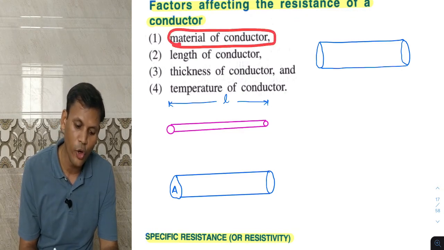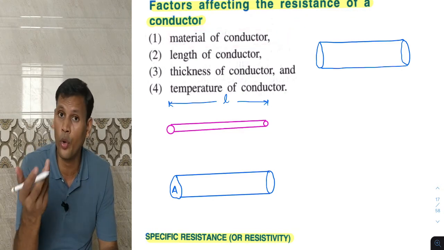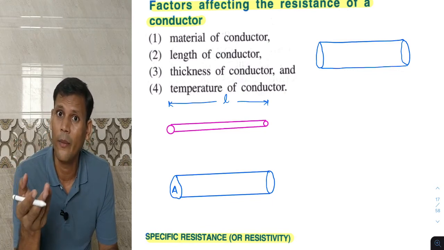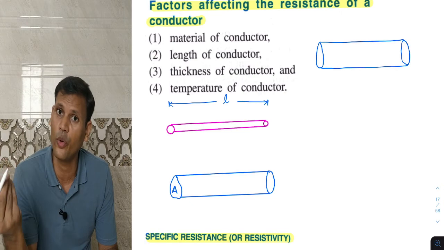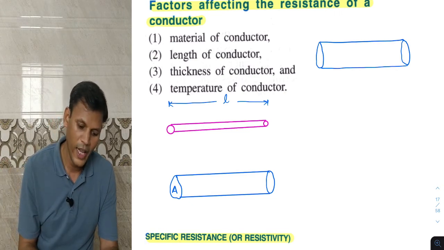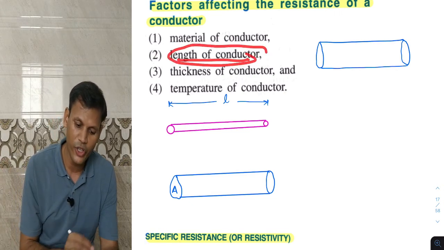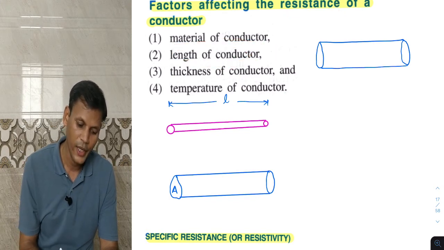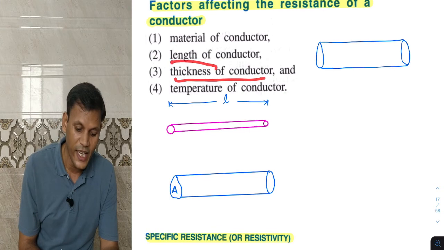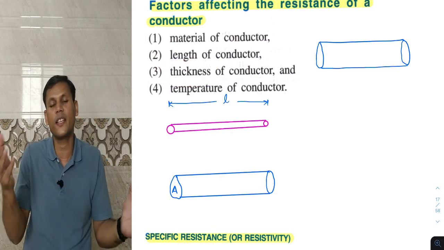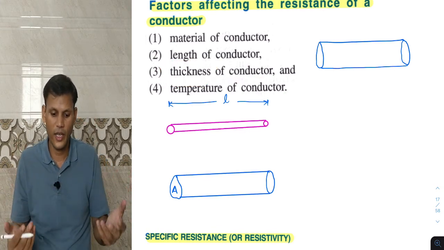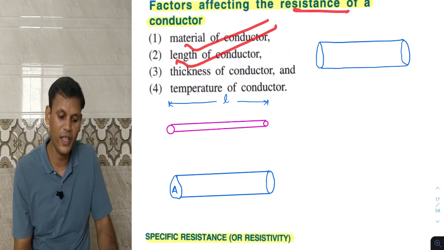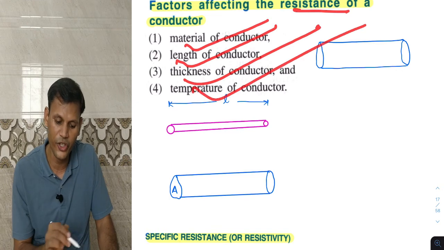मटेरियल ऑफ द कंडक्टर, कौन से मटेरियल का है? लाइक सिल्वर हुआ, गोल्ड हुआ, दैट इज द वेरी गुड कंडक्टर. उसका रेसिस्टेंस कम होगा बिकॉज उसमें ज्यादा से ज्यादा इलेक्ट्रॉन फ्लो हो सकते हैं. लेंथ ऑफ कंडक्टर, एज आई हैव मेंशन कि रेसिस्टेंस इज डायरेक्टली प्रोपोर्शनल टू लेंथ. वी विल राइट लेटर ऑन. थिकनेस मीन्स एरिया ऑफ क्रॉस सेक्शन. इफ थिकनेस इज मोर, रेसिस्टेंस विल बी लेस. सो रेसिस्टेंस विल डिपेंड ऑन द material of the conductor, length of the conductor, thickness of the conductor and temperature of the conductor.